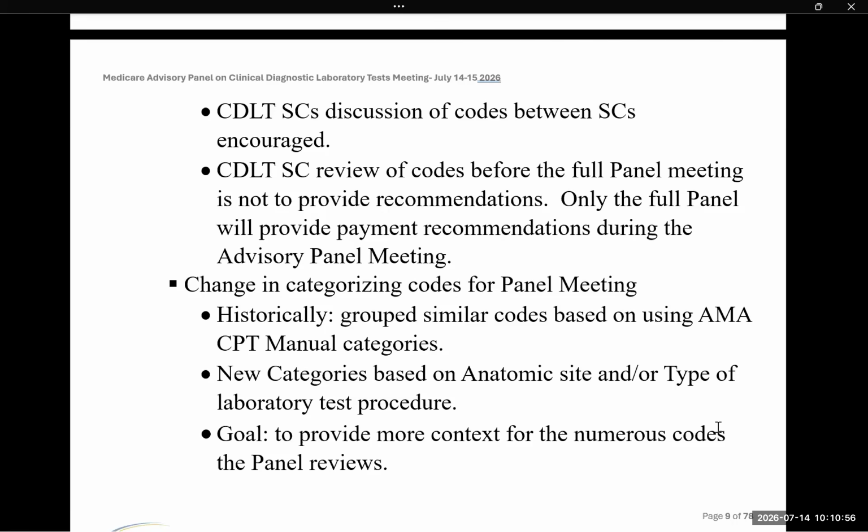Now, we have taken a great number of codes on our list and broken them up into various categories. In general, we try to maintain consistency with the categories that AMA CPT uses in their manuals, and then we look at the type of lab test, the specimen, the analyte, etc. All of this goes into the decision-making process in terms of taking a large list of codes, like the genomic sequencing codes, the microbiology and immunology codes. Furthermore, the panel also looks at the types of specimens, analytes, methodologies, resources, and the indication of the test, to name a few.